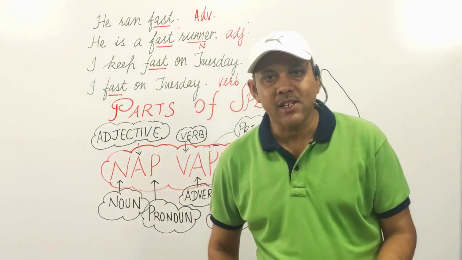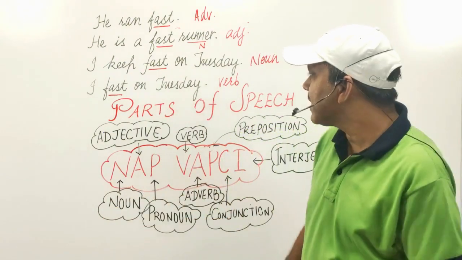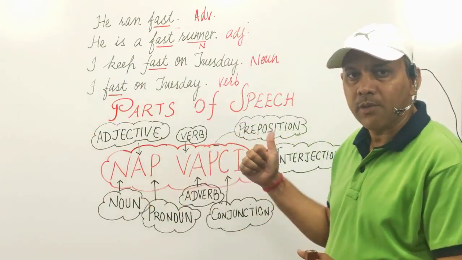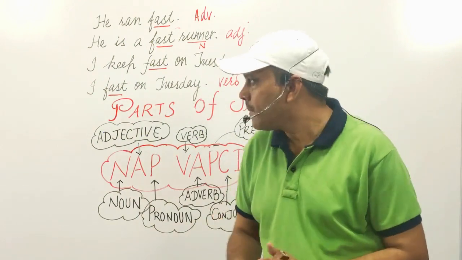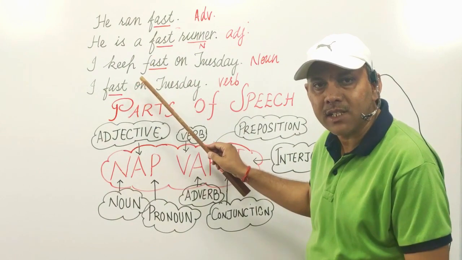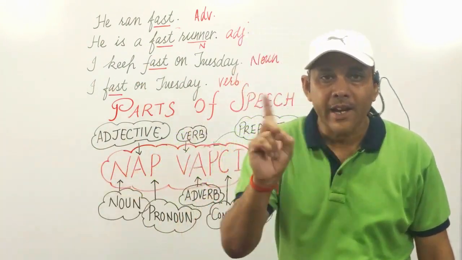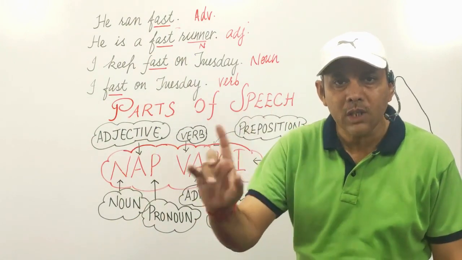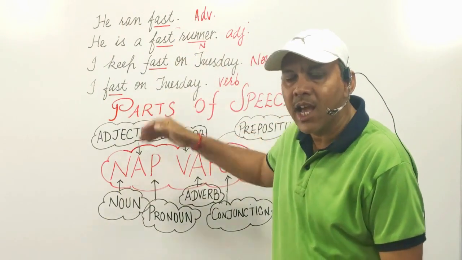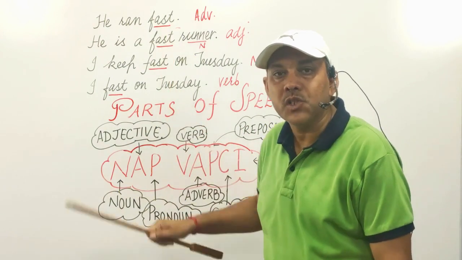As in our society, different persons have different roles. For example, someone is a doctor, someone is a teacher, someone is a farmer. In the same way, this word plays a different role in every sentence. The English language has millions of words. We cannot write or learn all the words. So we have to categorize these words and we have to learn which word is playing as which part of speech.